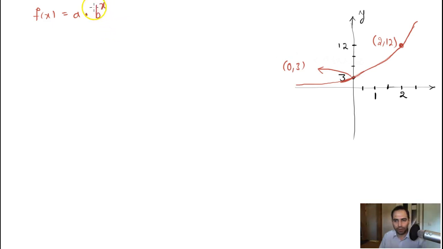The initial value of the function is where your x is equal to 0. So when your x is equal to 0, your function starts with this initial value. And why we call that the initial value is very simple,